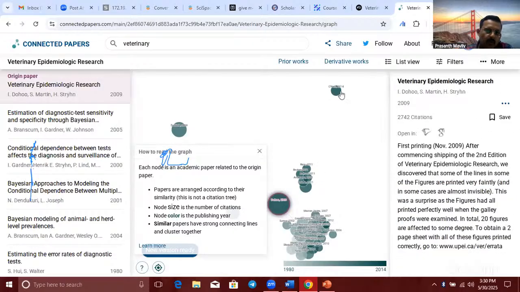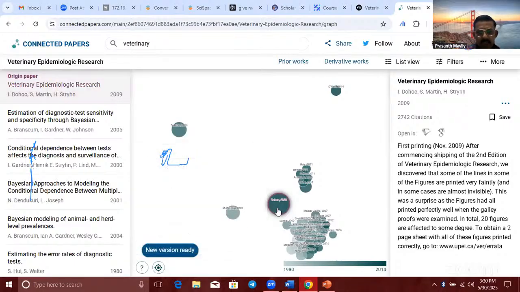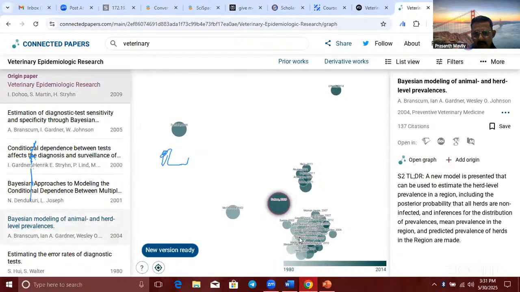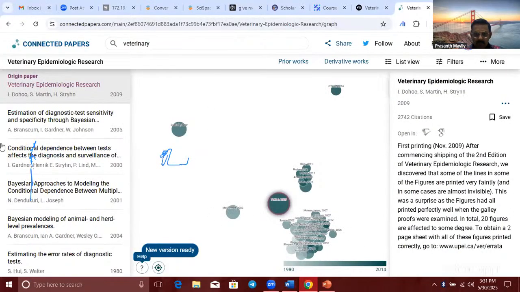That means the darker, the relatively newer it is. And similar papers have strong connecting lines and are clustered together. You can see the lines over here, or clusters together. This is visual interpretation.